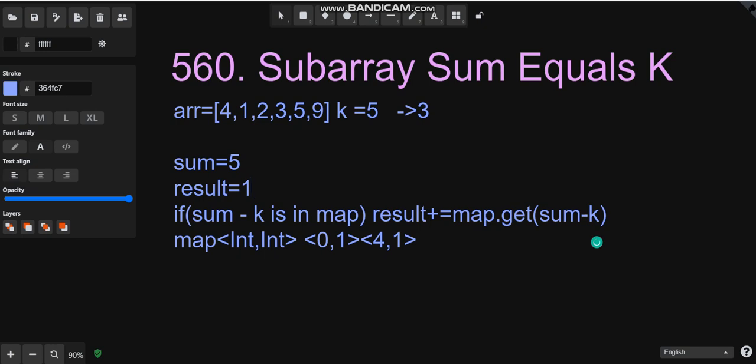So here if you check closely, at this particular point we have found one subarray whose sum is equal to 5, and that is stored into the result. And similarly we will also add the current sum into the hash map. So I'm sure you have now understood what exactly we are doing. So at 5, I can say that there is a subarray of sum 5 and it is occurring one time. Okay, so that is how the algorithm works.